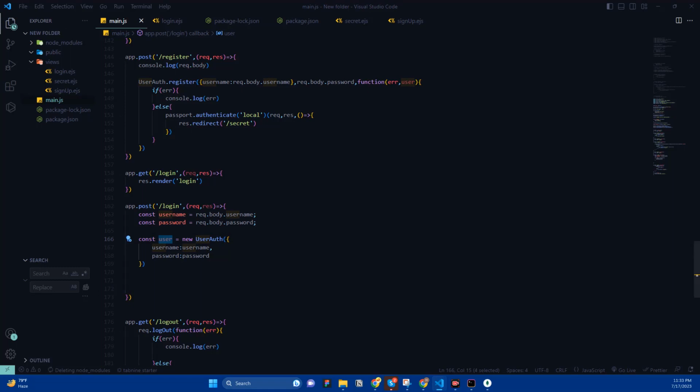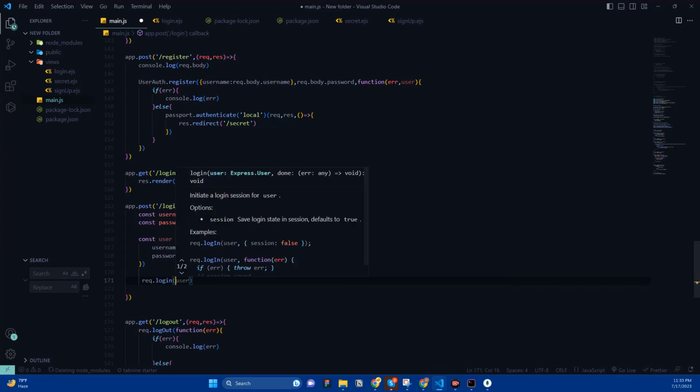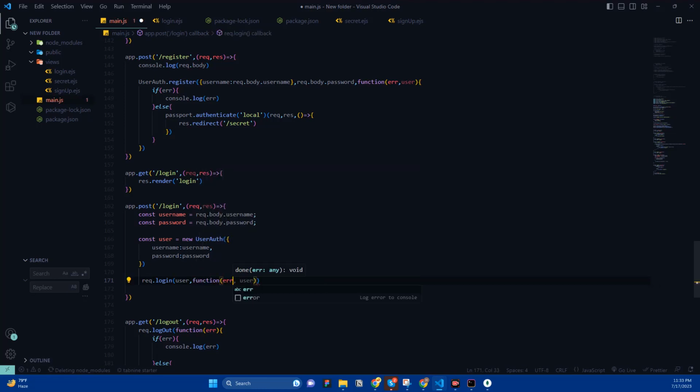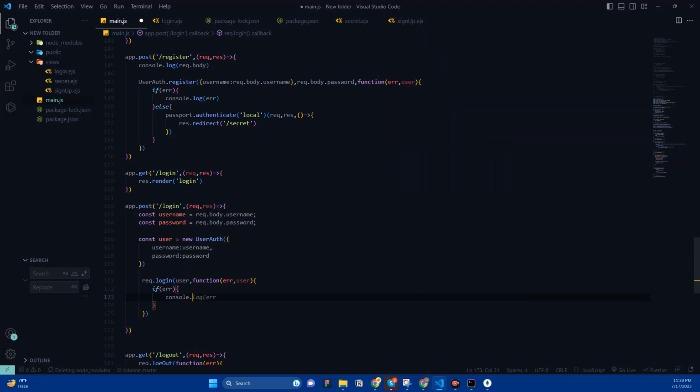To check if it is available or not, we use login, same like logout. You need to say request.login. If it is available, request.login user, you need to give both username and password. That is why we stored it in a user that we are passing here, and then we are calling a function for an error or a found, two things. So now I just go for error only. If an error, console.log the error,